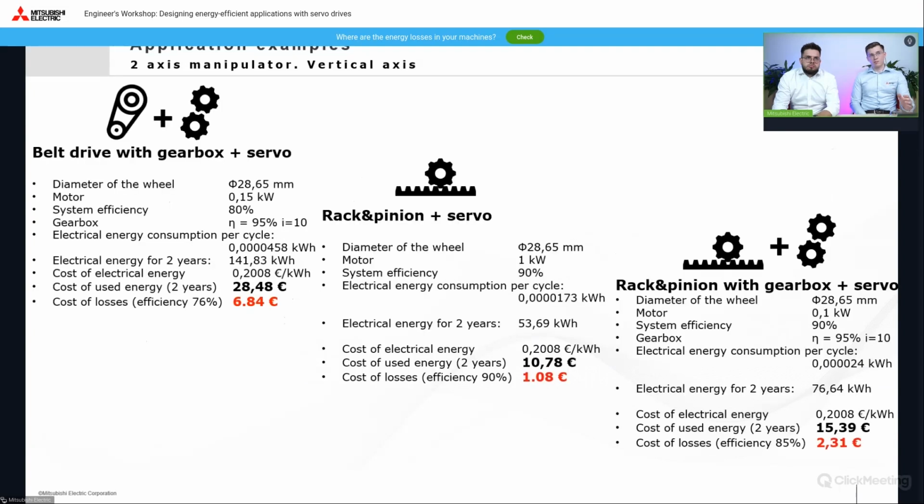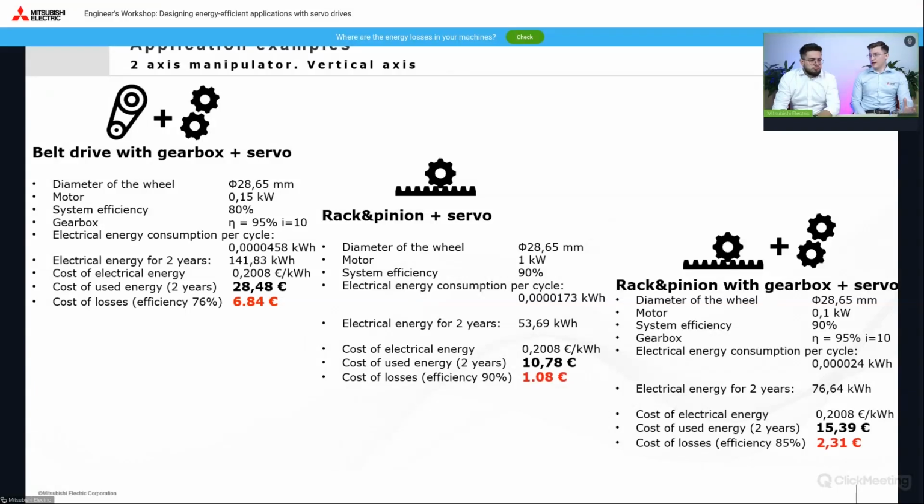Third, belt drive with gearbox. So the same belt drive as before, but we are adding a gearbox. So now the motor is smaller. We are going to a lot smaller motor, 150 watts, because the gearbox has a 1:10 ratio. Then with the same cycle, we have about 30 euros of cost of the electricity and 7 euros of